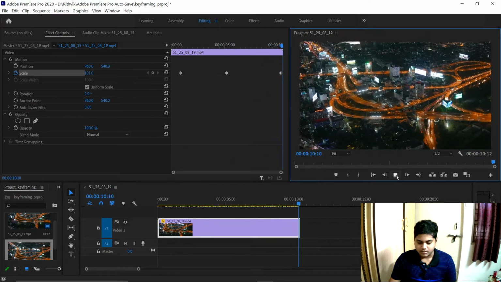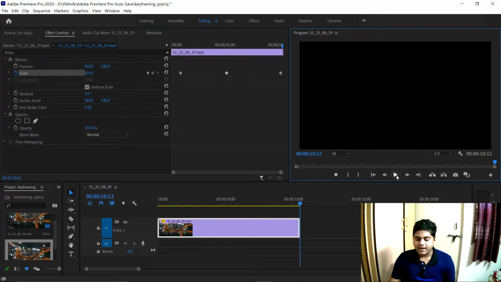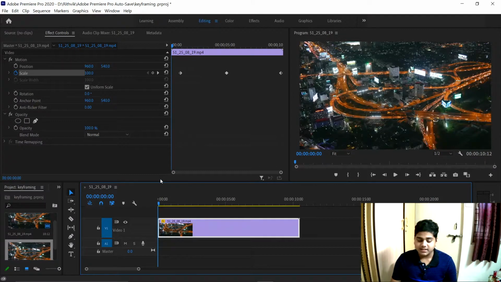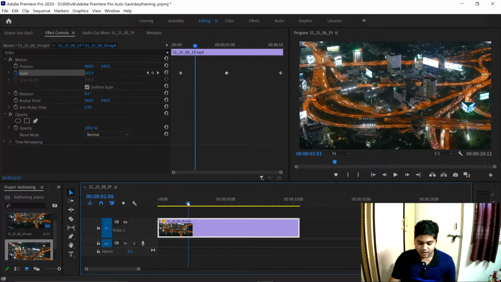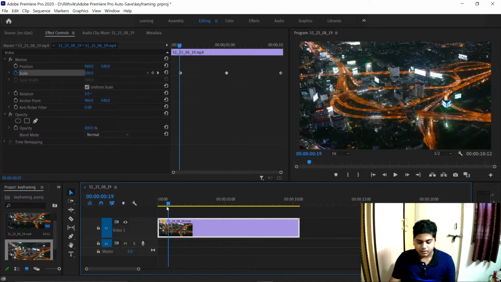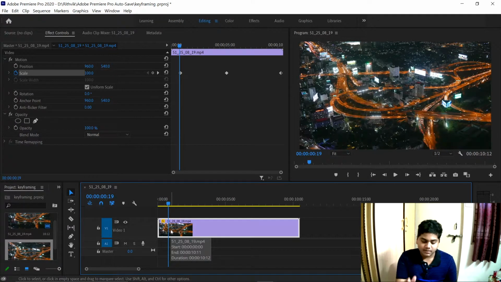Right, so we have added that zoom in and zoom out again. Similarly, we can follow the same process for rotation as well. For rotation, you can simply click this stopwatch symbol again. But remember, you need to make sure that your pointer, this cursor, is at the place you want. You need to put that cursor in a position where the action you have given should start from there.